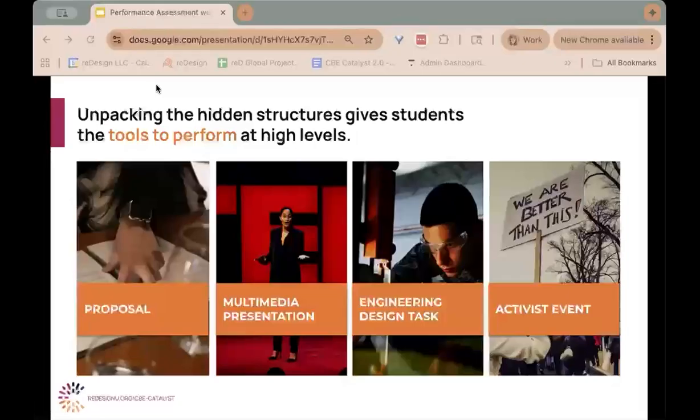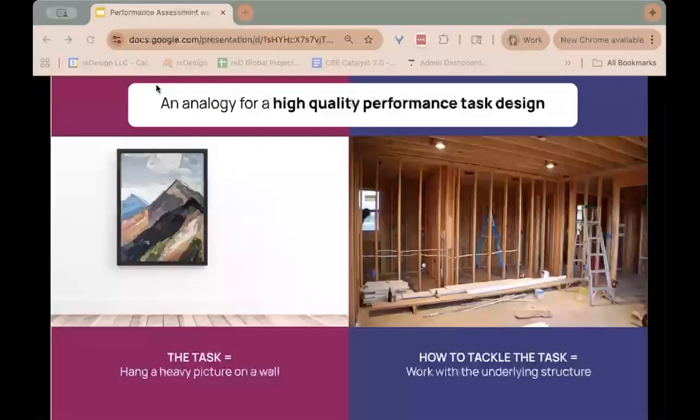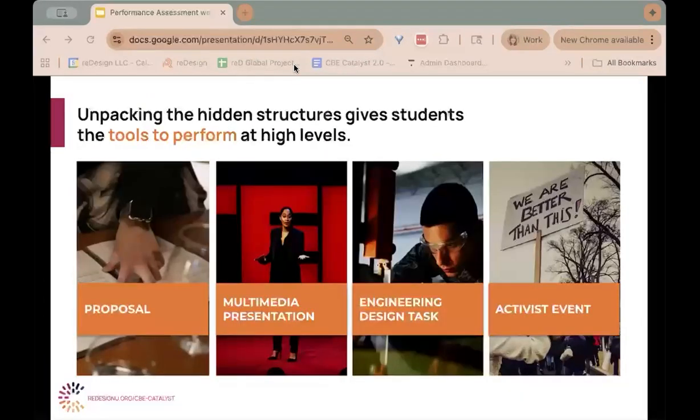And in both cases, finding a stud or writing the essay, understanding that internal structure gives us the ability to make informed decisions, to act with purpose, and to use what we're learning to tackle other new challenges. Okay, unpacking the hidden structures gives students the tools to perform at high levels.